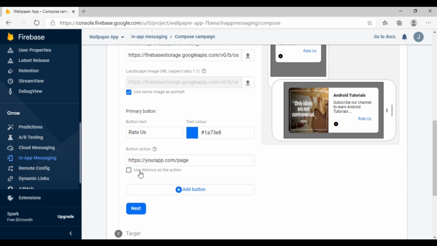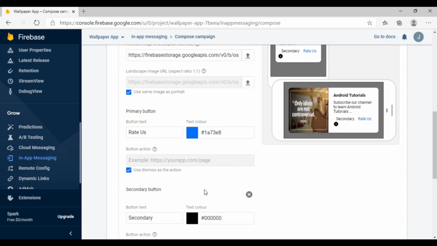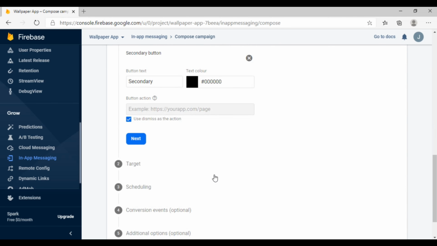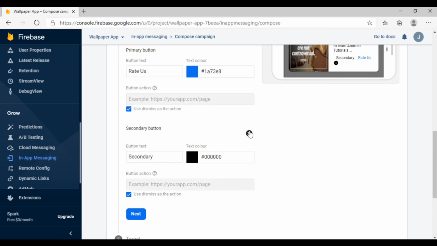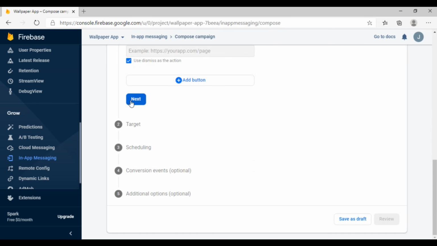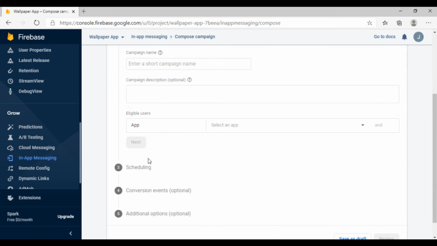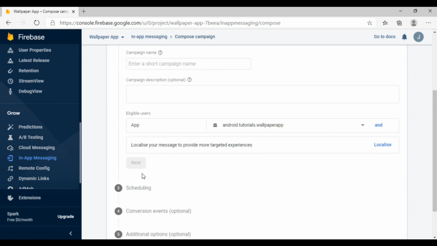So we are going to click on dismiss, and you can add up to two buttons in your application. Then click on next and select the type. Then click on next.